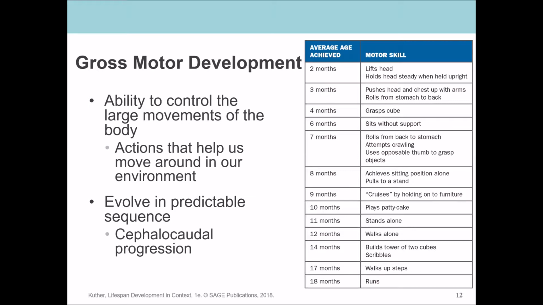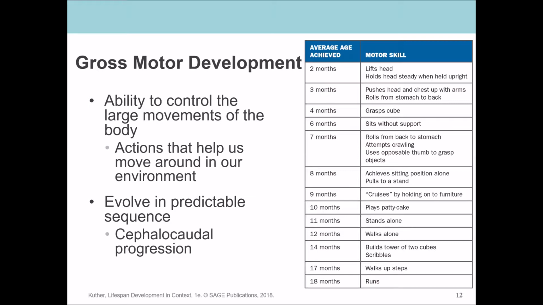Gross motor development continues in a predictable sequence. This is the cephalocaudal progression, beginning with the head and then moving down the body. So you've got the same chart in your book. You can look at it in more detail, but just in general, you'll see that control of the head emerges first. Babies at 2 months being able to lift their head and then hold their head steady when they're held